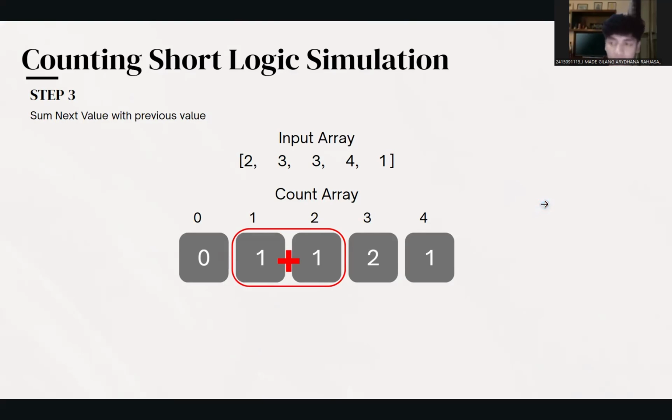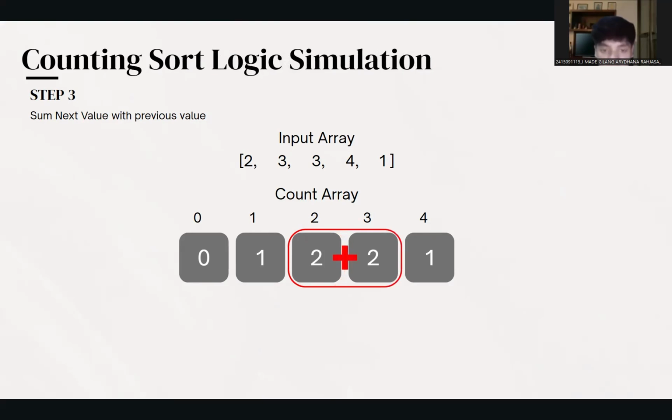So the value of index number 1 will be the previous value and the value of index number 2 will be the next value. So there will be 1 plus 1 is 2, and we do the same thing until the end. So next, 4 and 4 plus 1 is 5. Okay, next.